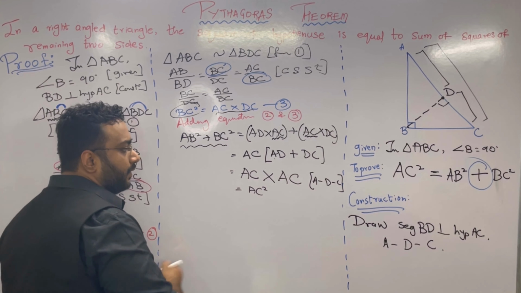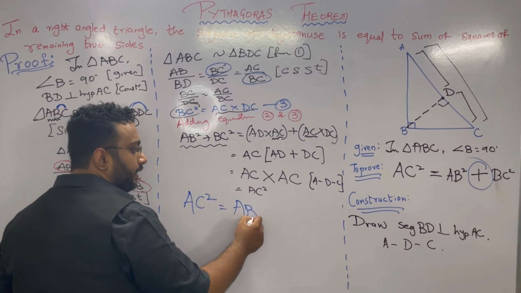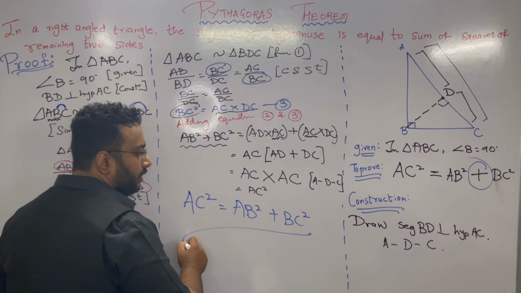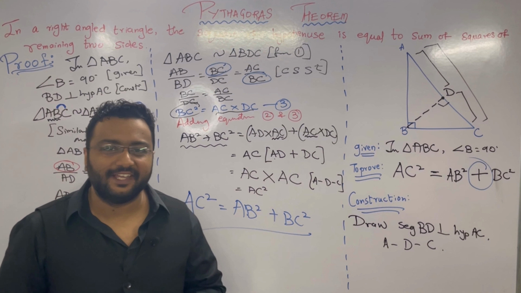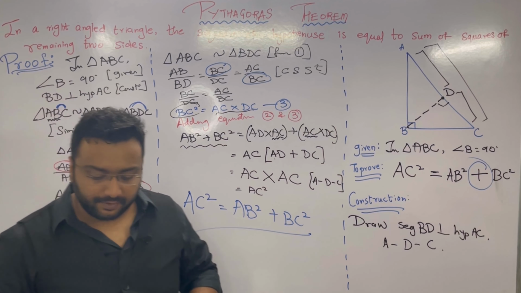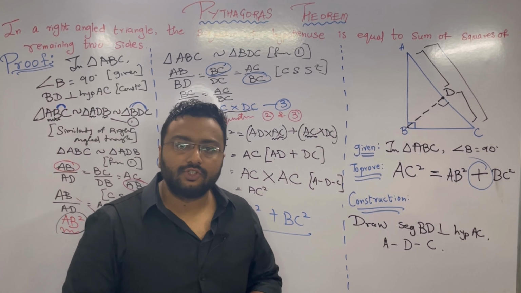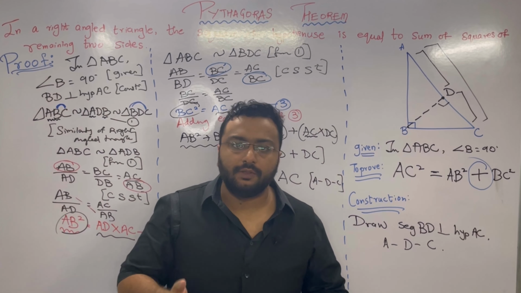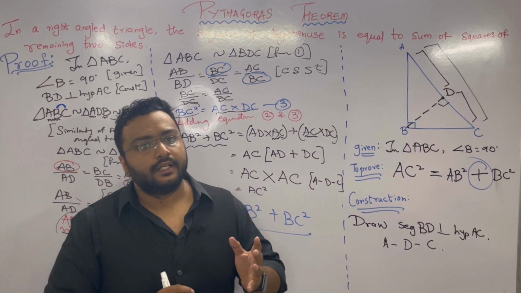See, observe here. वही तो चाहिए था हमें. We got AC square, we got AB square, we got BC square. And इन दोनों का relation बीच में equal to, यहाँ पे equal to and वहाँ पे addition, and our Pythagoras theorem is done finally. I hope everyone is clear with this entire proof. It is very important. Make sure if you have any doubt, you go back, rewind the video and watch one more time, 2 times, 3 times, n number of times, unless and until you are clear with this proof.